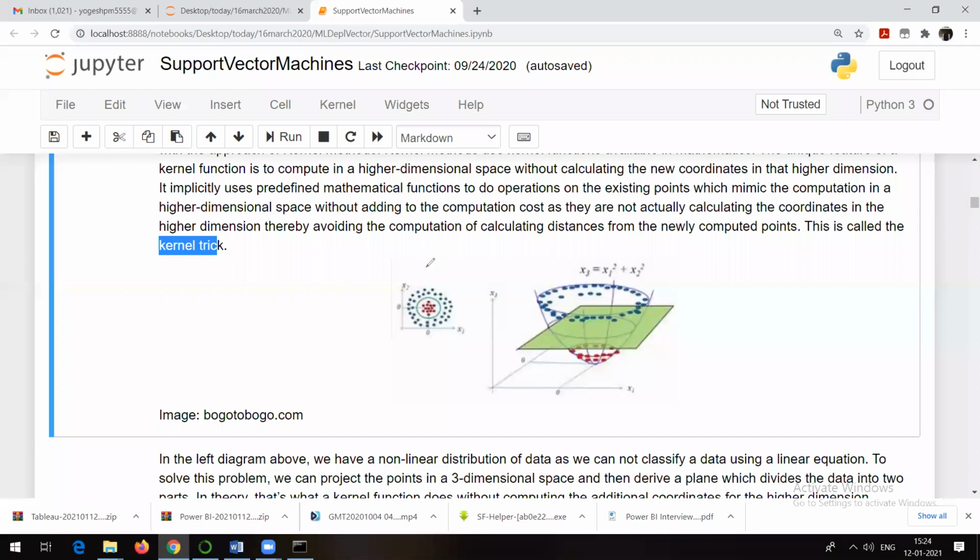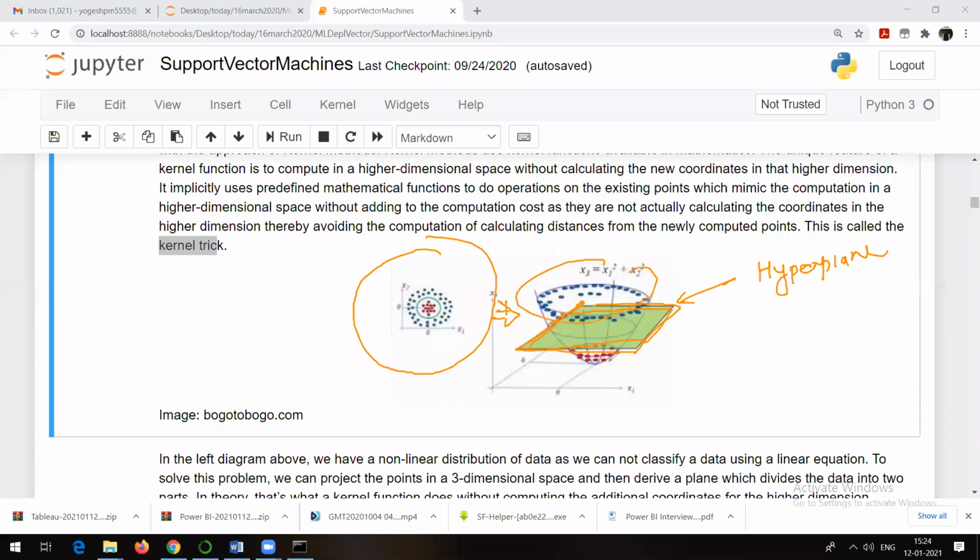This is your original data. Here you are not able to see which data belongs to which class, right? But the kernel trick is going to convert it into something like this, and it is going to introduce something like a hyperplane. So in this case, as it's three-dimensional data, your hyperplane is a plane. This is actually the hyperplane. In the earlier case, the hyperplane was a line. In this case, the hyperplane is an actual plane. So this is one group, and this one is another group.